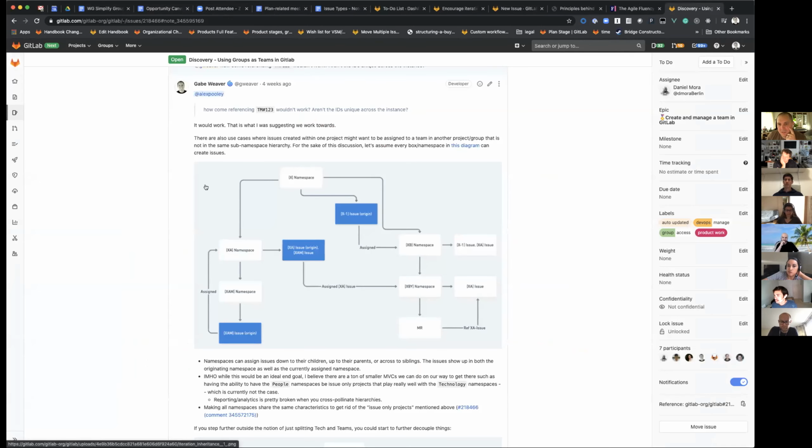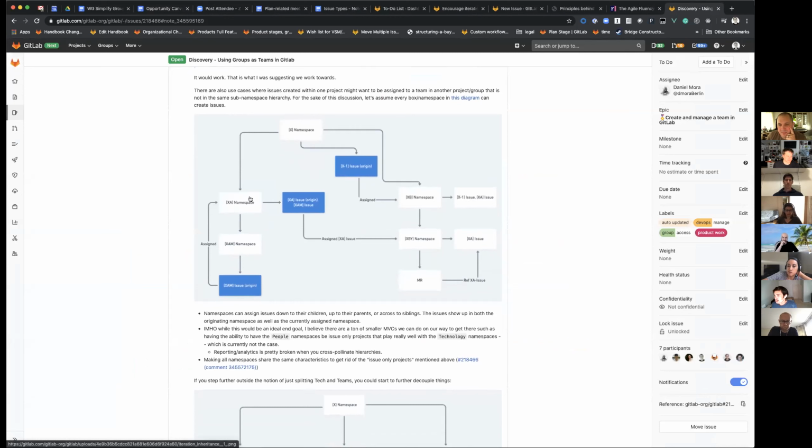So yeah, I'll show this a little bit too, just to think about it. This is kind of how I was thinking about it. If we have this namespace and an issue gets created here, and then it gets assigned to this namespace, it will still show up in this issue list, in XA's issue list, but it will also show up in the XBY issue list, right? And I think you would want to have multiple namespaces, up to N, some reasonable limit.